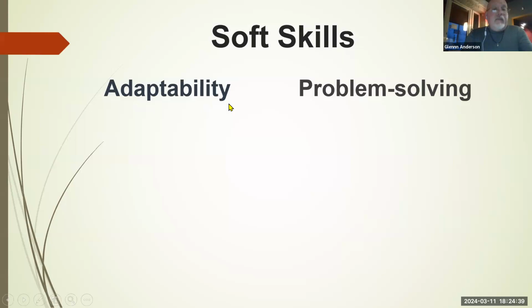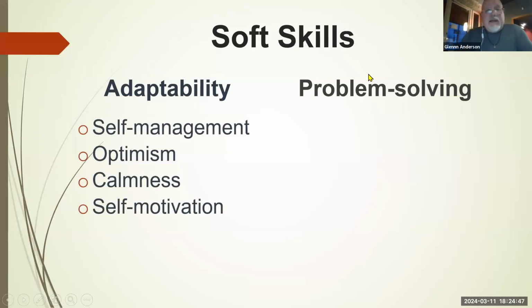Now we have two other soft skills, adaptability and problem solving. And both of these kind of go hand in hand. Adaptability is about your ability to deal with changes. And there's always changes in the workplace, in academia, certainly in our life here in Ukraine. We have to be adaptable. For, you know, there's an air raid. Now we've got to adapt our situation, what we're going to do today. Are you able to manage your own life?